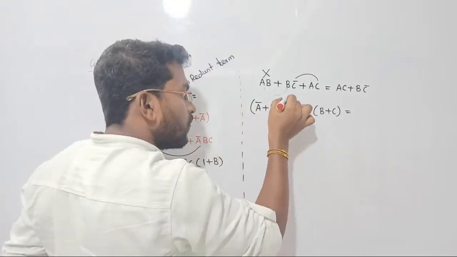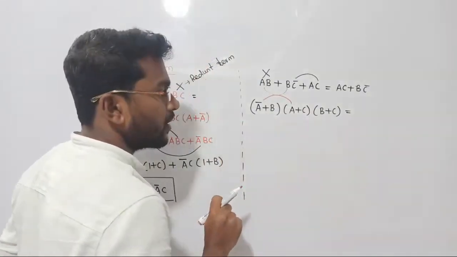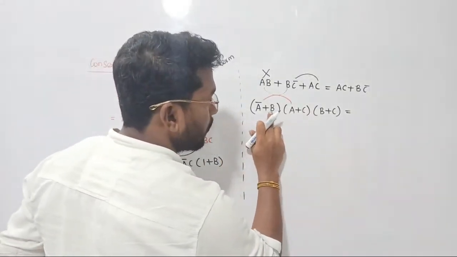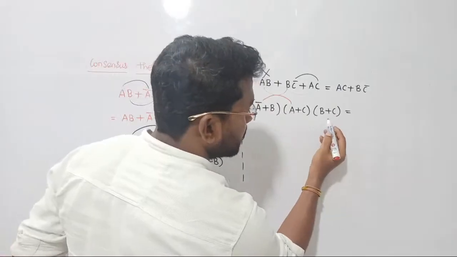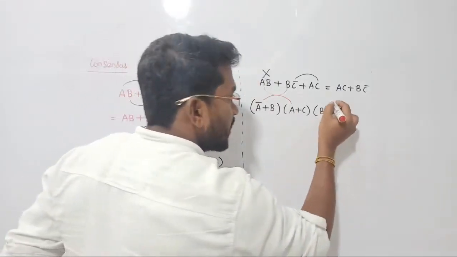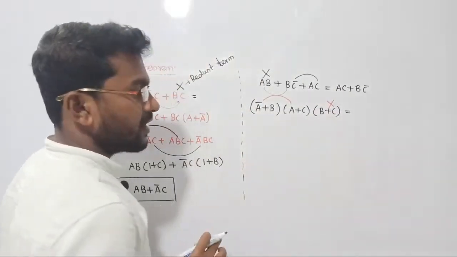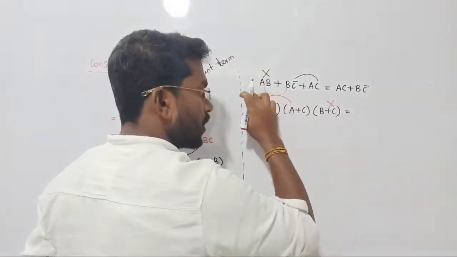See there, one person is being complemented. Yes, right? I have a complemented person here. With that, I am having two variables, B and C. So the third person is going to be the advanced version of this B and C. Anyway, this is going to be our redundant term. Yes or no? According to the consensus theorem, this is a redundant term because in the whole expression,